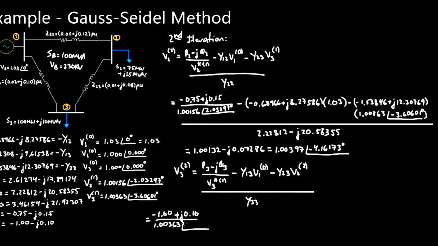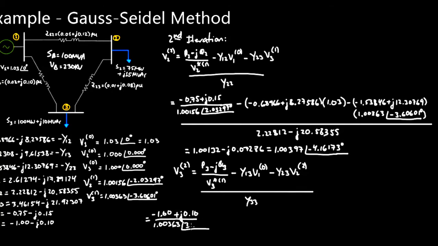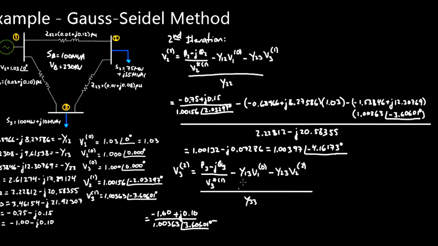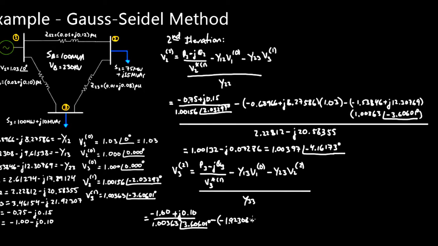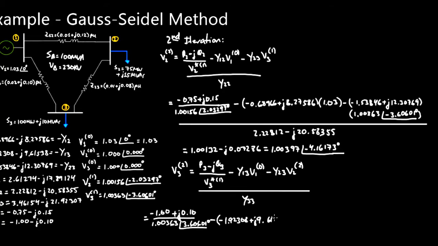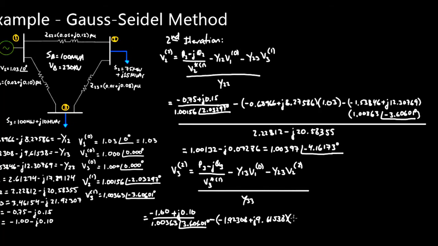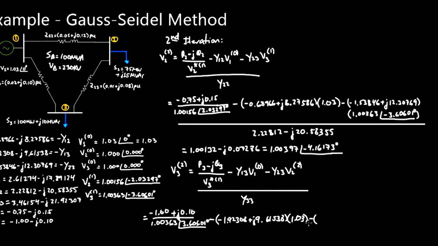But then I have to take the conjugate here, so instead of minus 3.6, I'm going to do positive 3.606 degrees. And then minus Y13, so that's minus, parentheses, minus 1.92308 plus J9.61538 times V1, and again V1 remains constant, so that's just going to be 1.03, and then minus